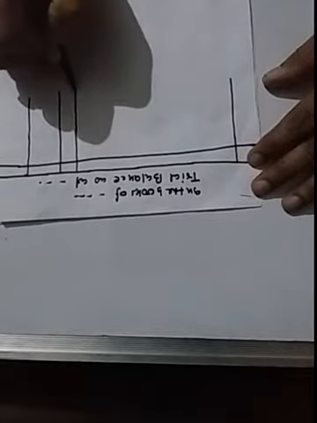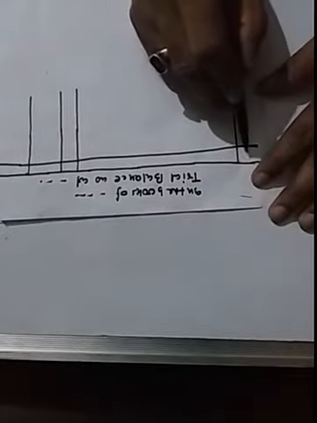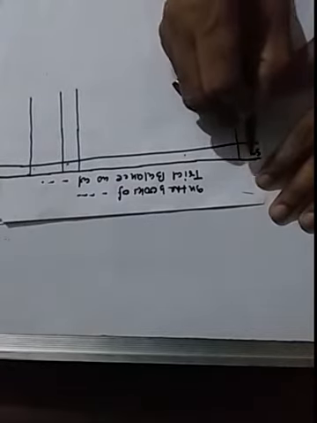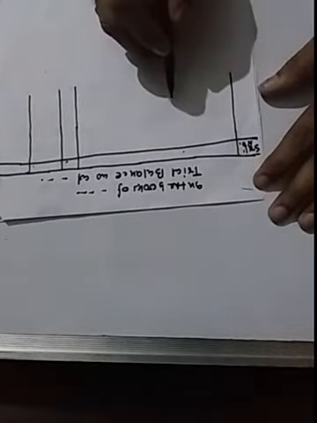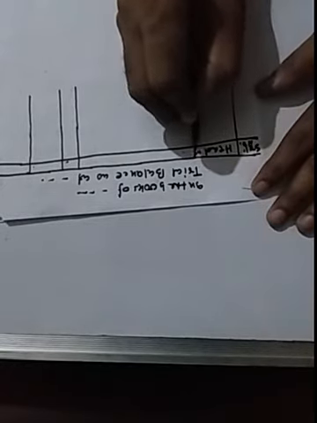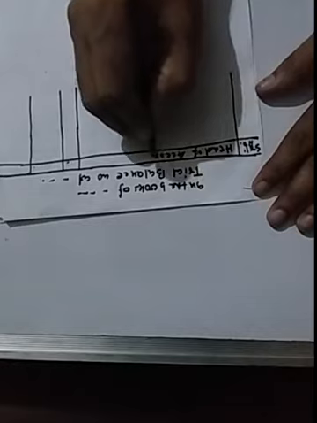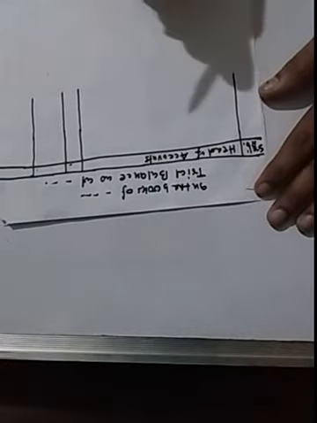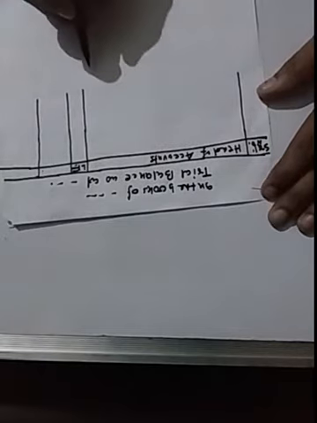Any day, any time you can make the trial balance. So now see the format of the trial balance. There are 5 columns. In the first column you write the serial number. In the second column you write the head of accounts, or you can write the ledger balances, or the particulars. This column is LF, meaning the ledger folio.